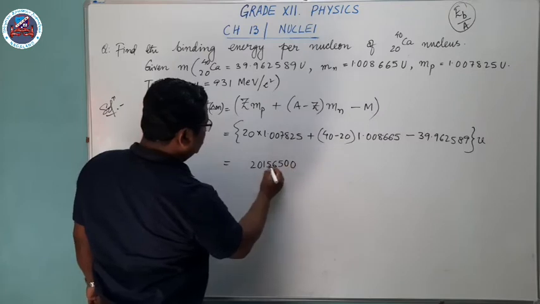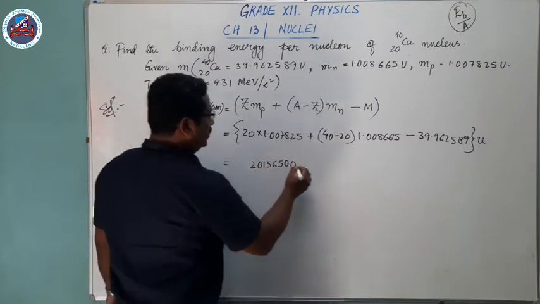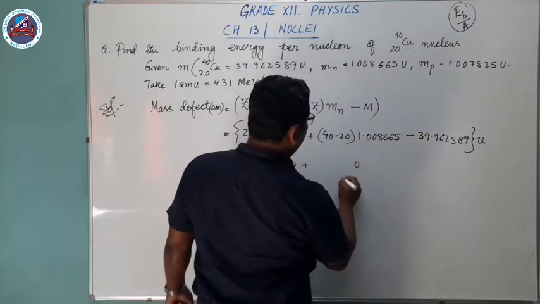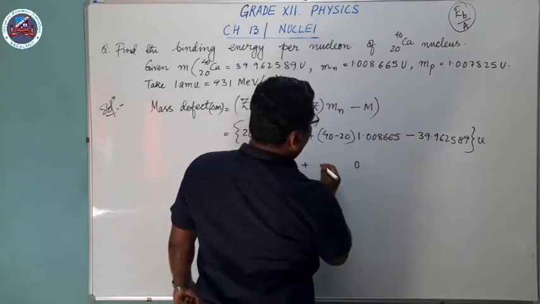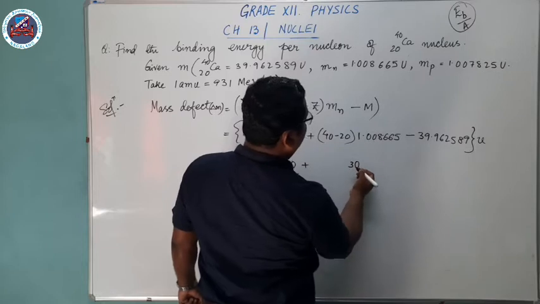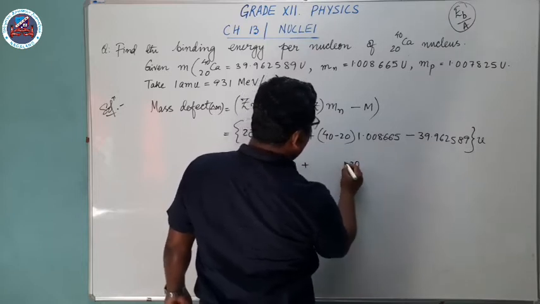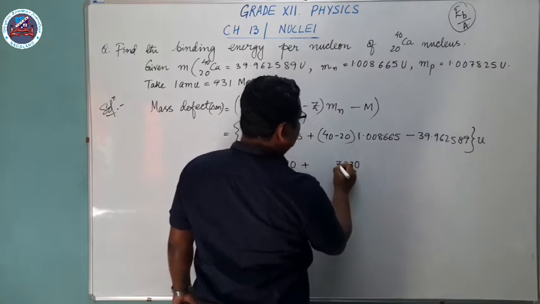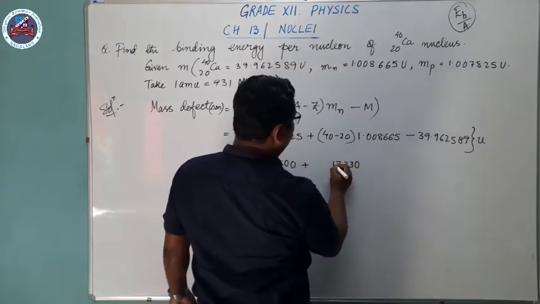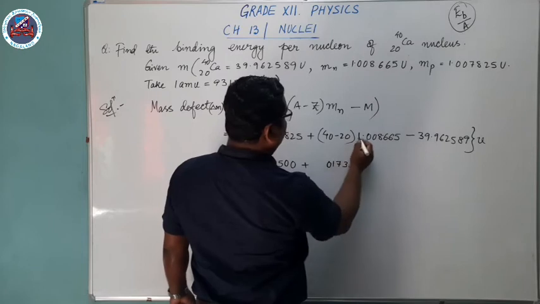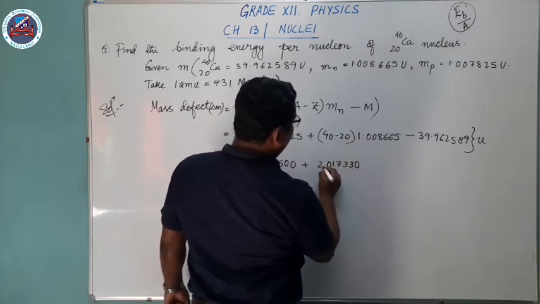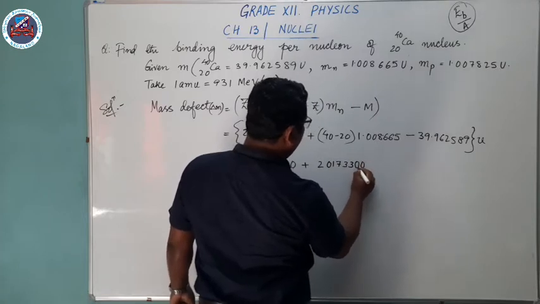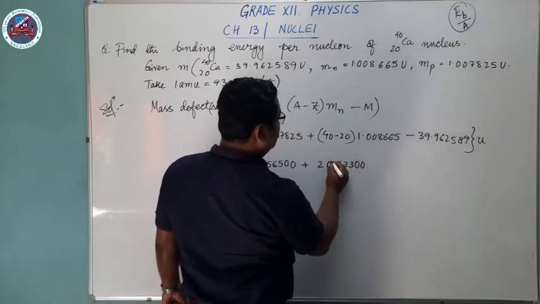So after the decimal, 6 digits, it will be 20 point... plus here 20 into this value. 2 5s are 10, 0, 1 in hand. 2 6s are 12 plus 1 is 13, 3, 1 in hand. 2 6s are 12 plus 1 is 13, 3, 1 in hand. 2 8s are 16 plus 1 is 17, 7, 1 in hand. 2 zeros are 0, 2 1s are 2. And here also you have 20, in 20 you have 1 0. So 3, 4, 5, 6, is it, minus